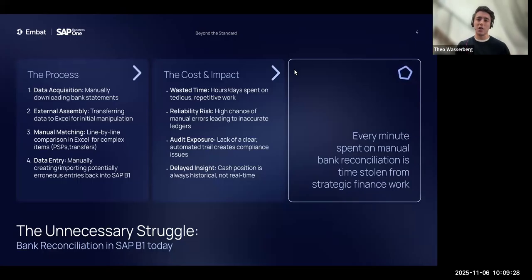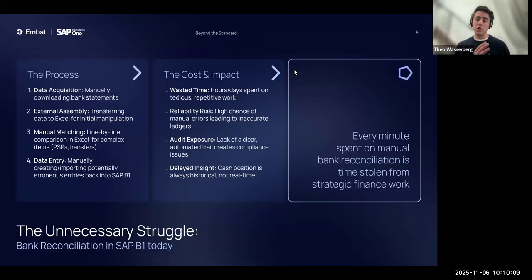So you probably all know this process well, but today, the challenge from a reconciliation perspective in B1 is the data acquisition is very manual. You've got to download the bank statement, upload it into B1. You've often got to do some manipulation of that data. So the file formats, etc., that come out of the banks aren't always ready to go into the reconciliation, and so some manipulation of the data has to happen. Then once it's in, you've got a very manual matching process. Now, there are rules that can help, but they have a limit because they're very tightly parameterized, and so if there's any complexity in the reconciliation, they fall apart. And particularly if you get extra complexity like a PSP, that gets really difficult.